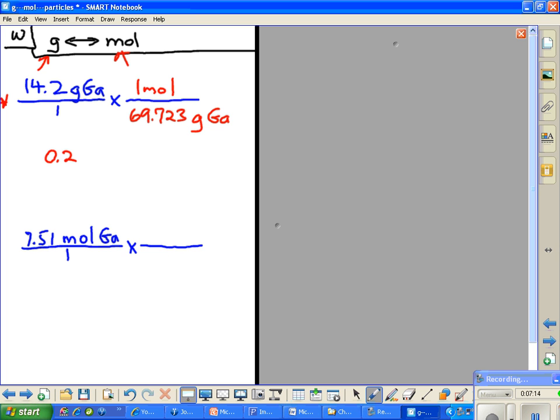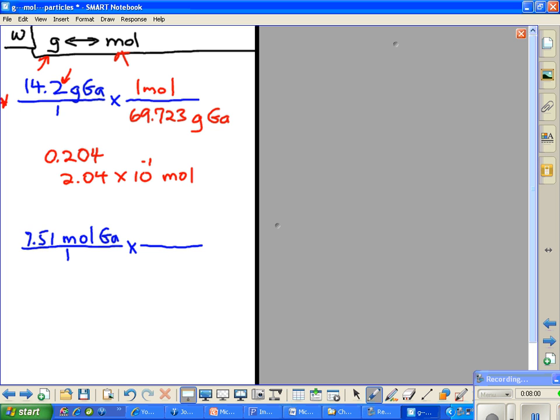0.2. Now I'm looking at my numbers. How many sig figs do I want? I want 3 because the 14.2 is right there with only 3 sig figs. So my calculator says 0.20 and then 3 6. Well, because the 6 is after the 3, we have to bump that 3 up to a 4. And that's it. If we get this in scientific notation, it becomes 2.04 times 10 to the minus 1. And that's how we would get the answer for this one, which would be in moles